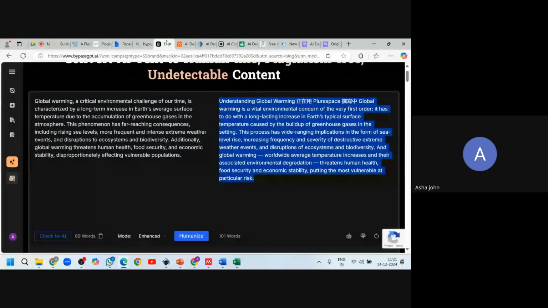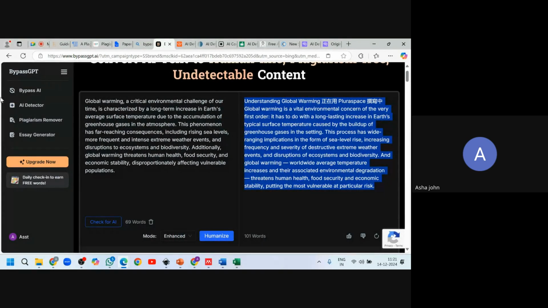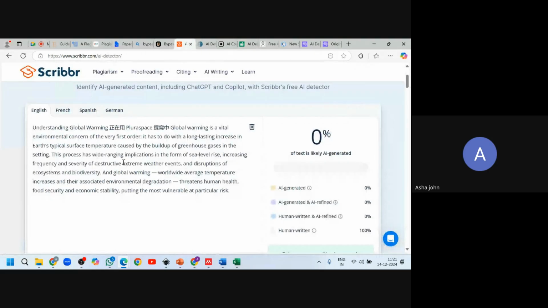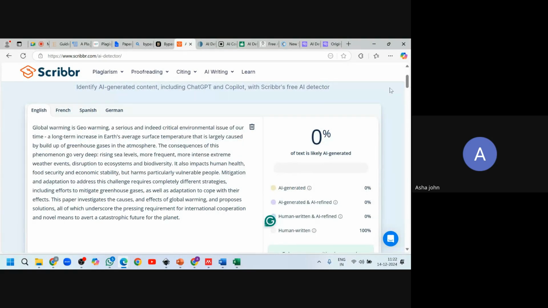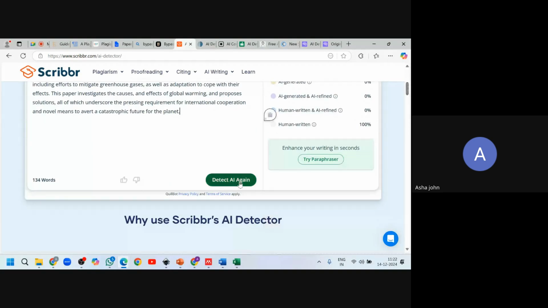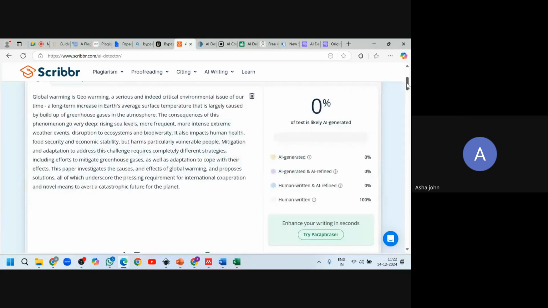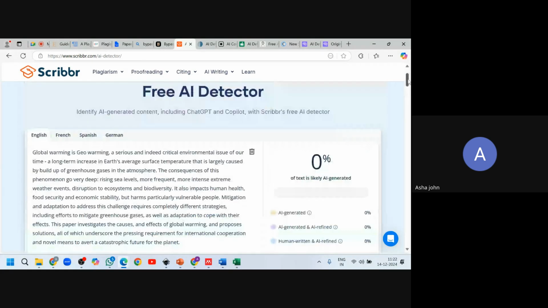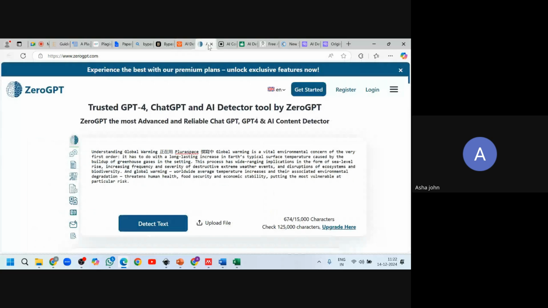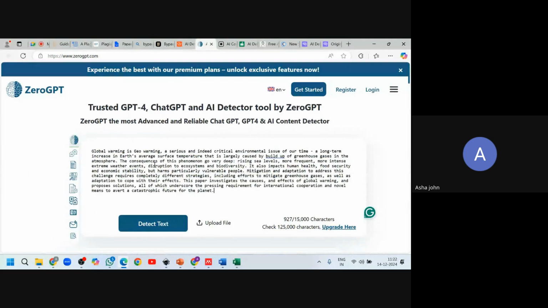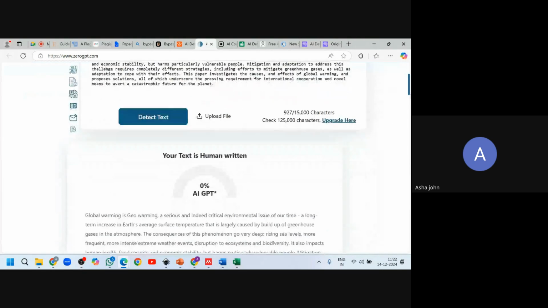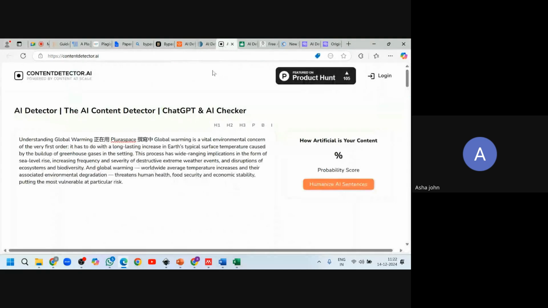Okay, let's see what the others have to say. Scribr, we are going to ask Scribr to detect AI in the content. Scribr is saying that the content is 0%. Now ZeroGPT is showing 0 content.